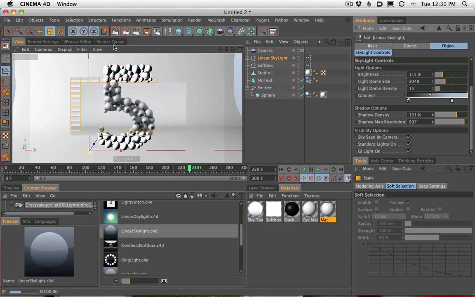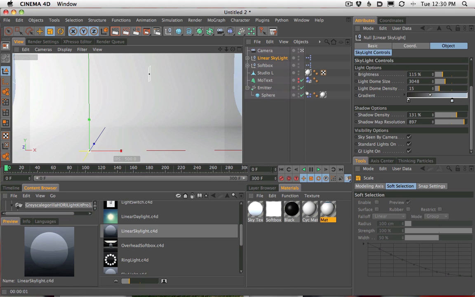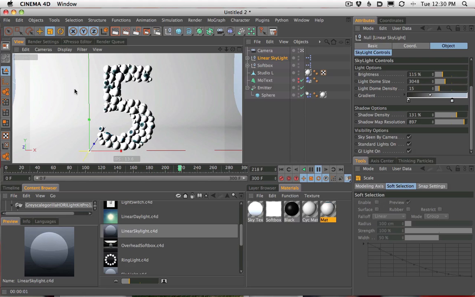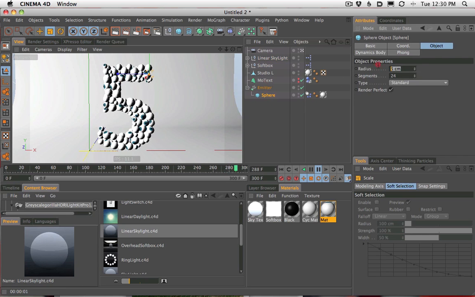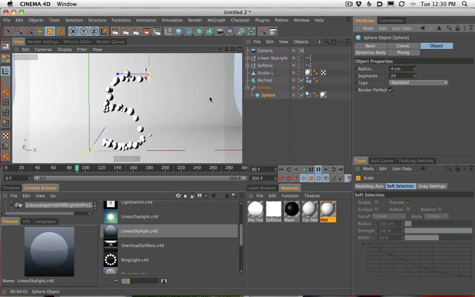And let's go ahead and call that good. All right, so let's go back to frame 0, hit play. And we're starting to get our lighting together. We have our skylight going on, and we have our objects coming out. We have all the stuff happening. One thing is there's kind of a collider moment here, so maybe we shrink our overall sphere just a little bit to something like 4. And that's going to maybe give us a little bit more room for these spheres to kind of bounce around.